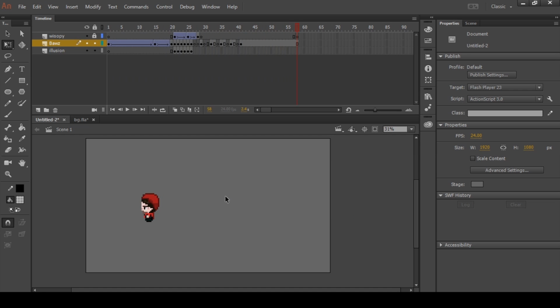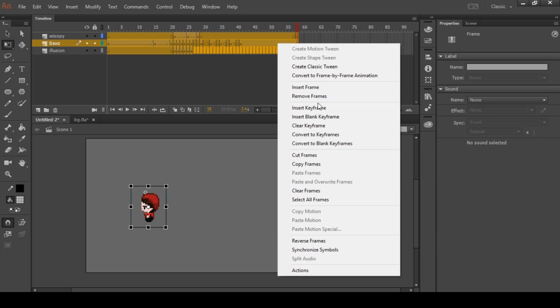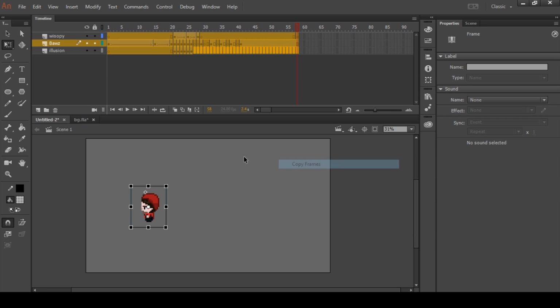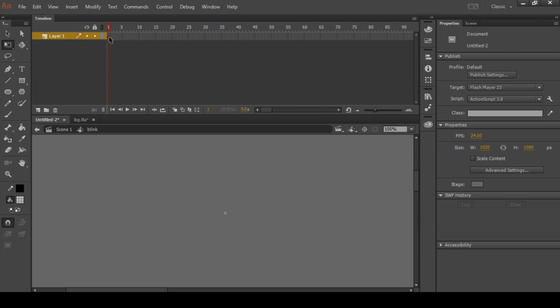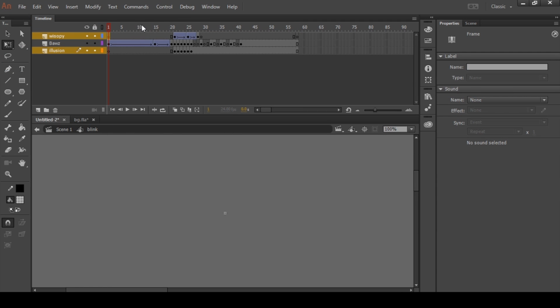Now I'm gonna throw it into a thing we have already made. The thing I'm putting it into is gonna be an upcoming animation. I'm just going to copy these frames, hit Control F8. I'm going to put blink. I always thought it was like the blink from World of Warcraft, so that works. I'm going to paste these frames in,